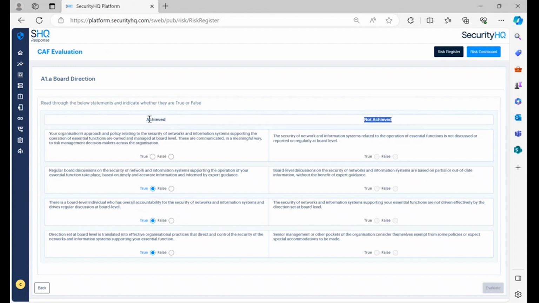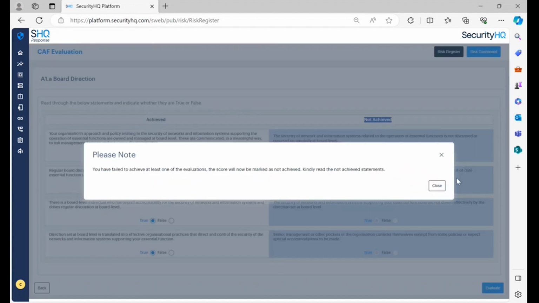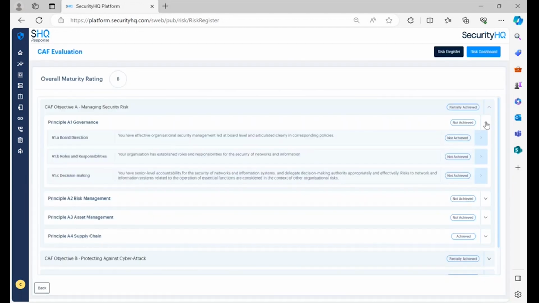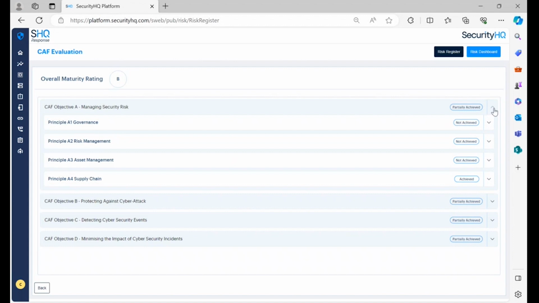In most cases, if you haven't achieved a certain principle or a certain objective statement, it would then ask you why you haven't achieved that and try to get a baseline around the reasons for not achieving certain things, so you've got clarity around where we need to improve. If I go back now to the assessment framework here,